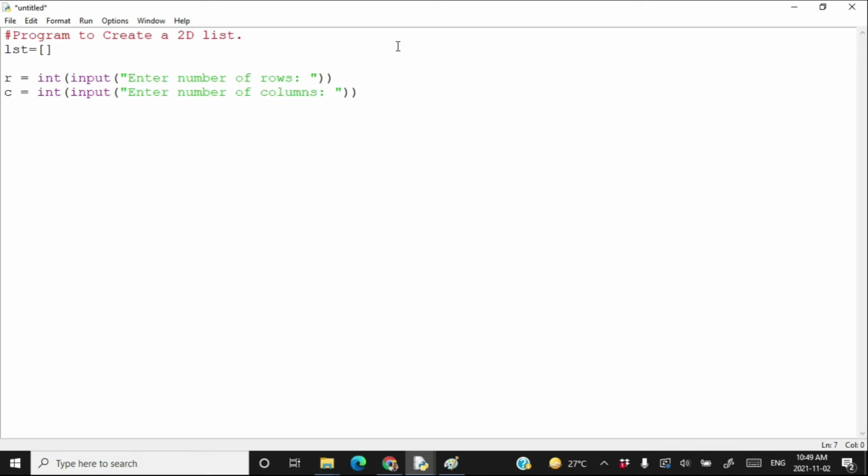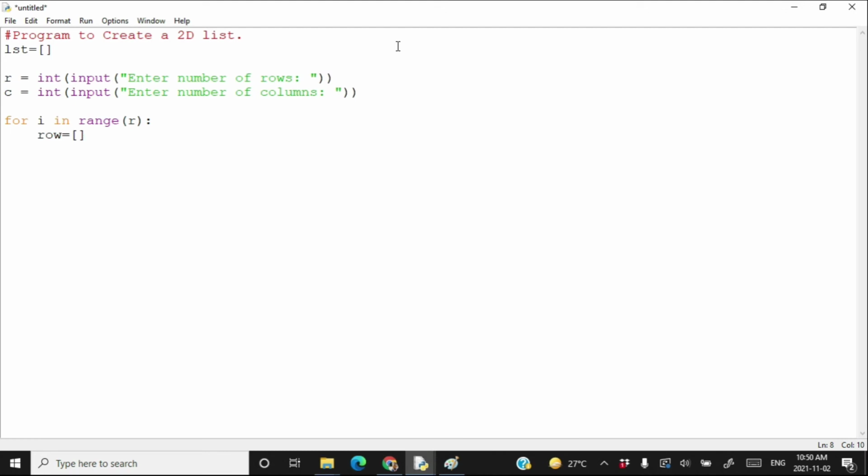Now for every number of rows, you have to create a 1-dimensional list and add that 1-dimensional list to the 2-dimensional list. So for i in range R, that means for a given number of rows, you create an empty list to hold the 1-dimensional list.